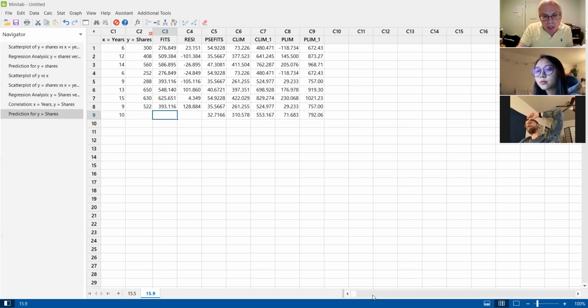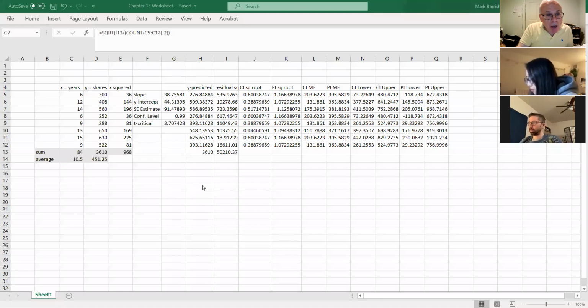I'm going to go back to my Excel spreadsheet. Oops, sorry about that. Let me share that with you. Back to the Excel spreadsheet, and suppose I wanted to know the predicted value of y. I'm going to put another value right into the spreadsheet here. I'm going to type in 10. Okay, x is 10. And I want to know the